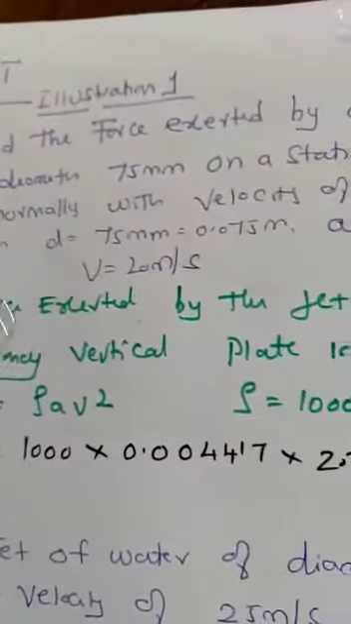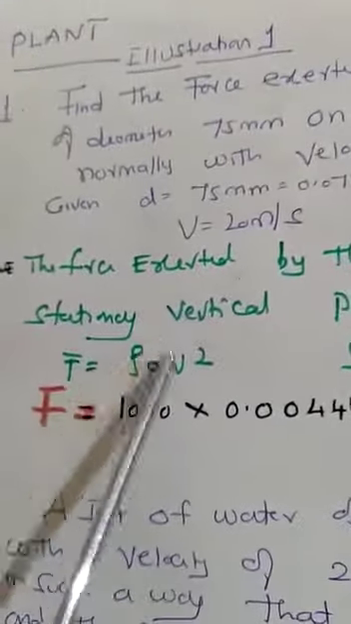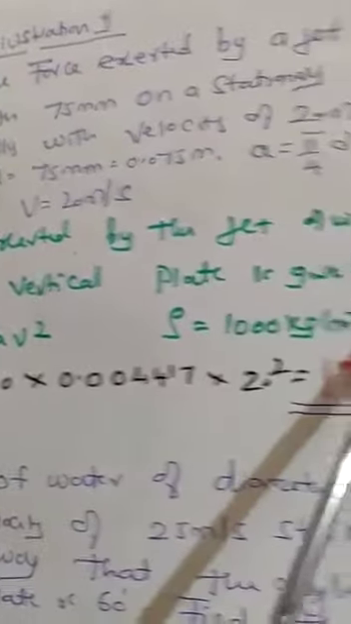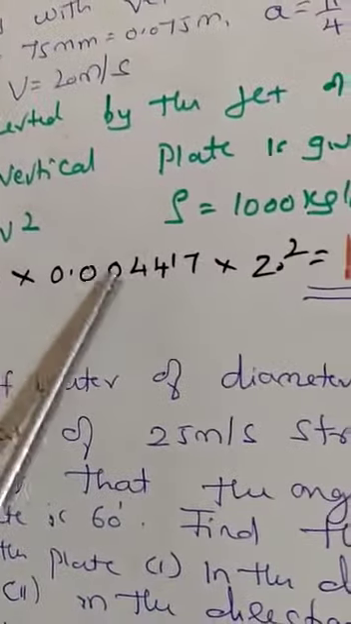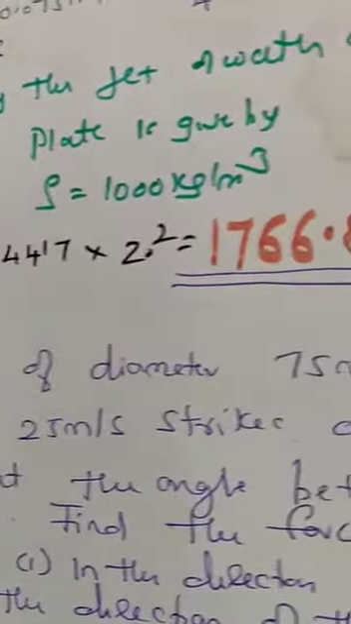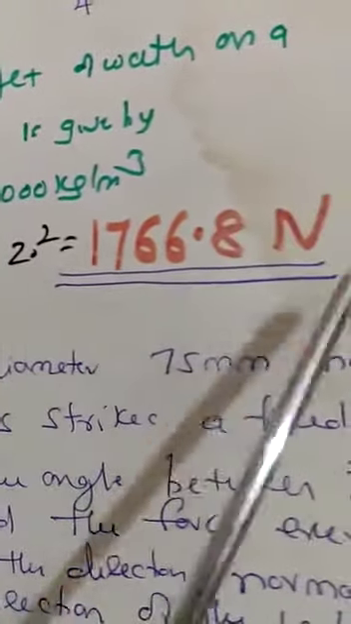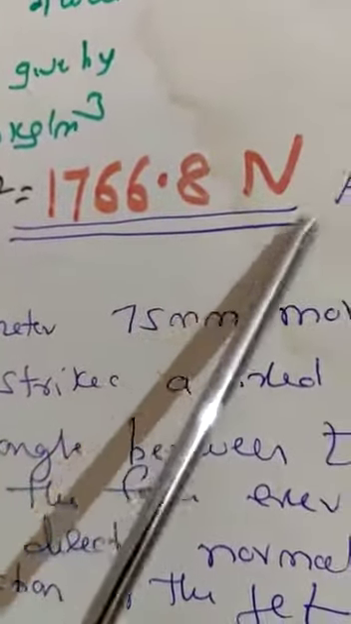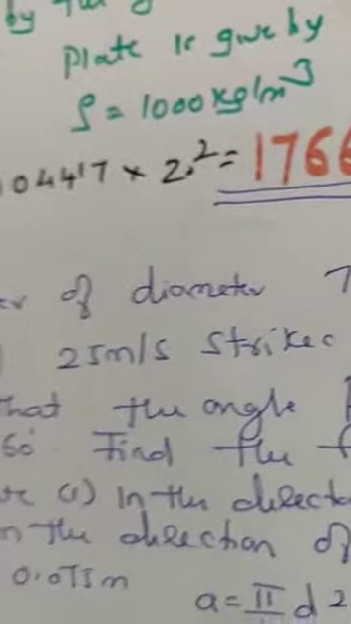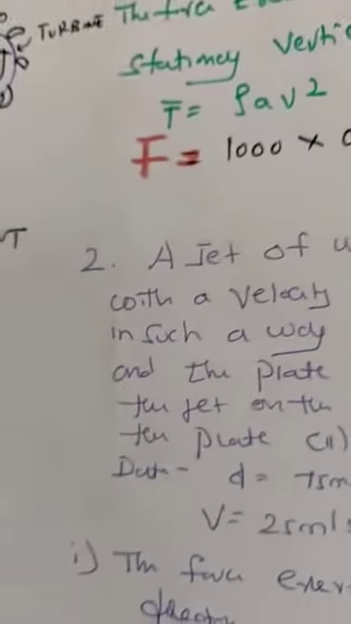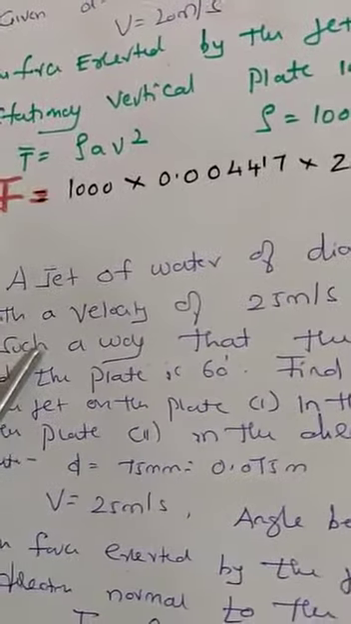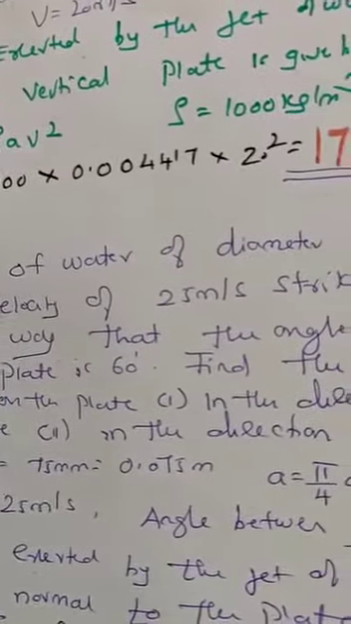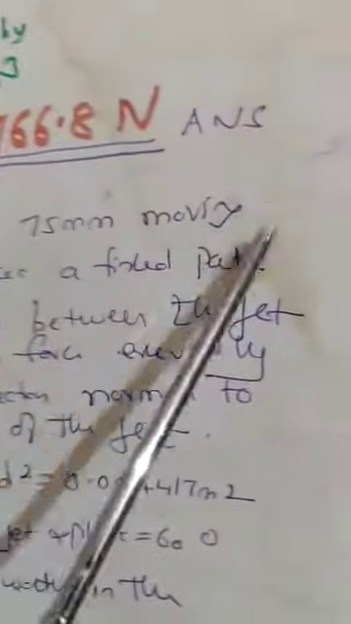Hence, using the equation we derived earlier, F is equal to rho AV square, where rho is 1000 kg per meter cube. Substitute: F is equal to rho 1000 into area 0.004417 and velocity 20 square. So we will get 1766.8. So this is the force exerted by the jet on a vertical plate. Now let us take the second example, where the plate is inclined to the jet. A jet of water of diameter 75 mm moving with a velocity of 25 meter per second